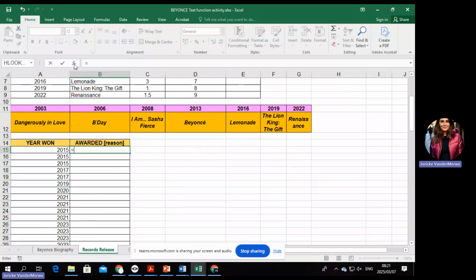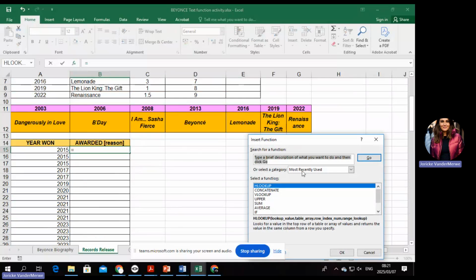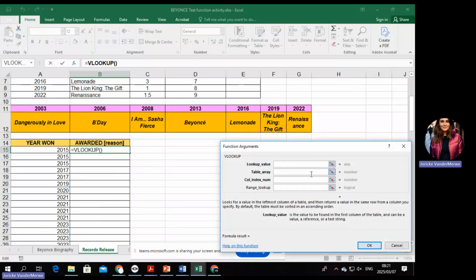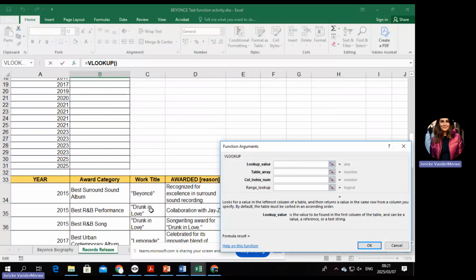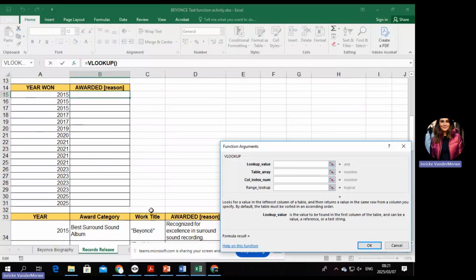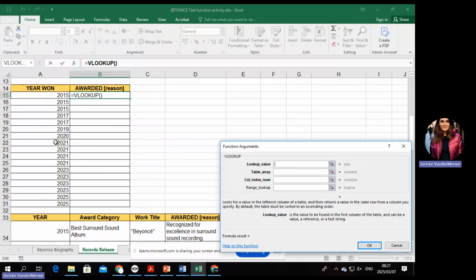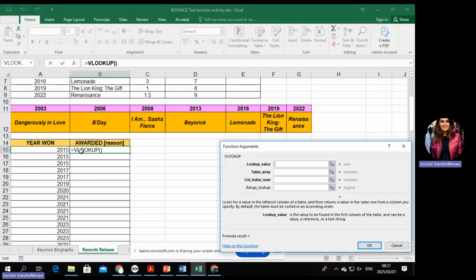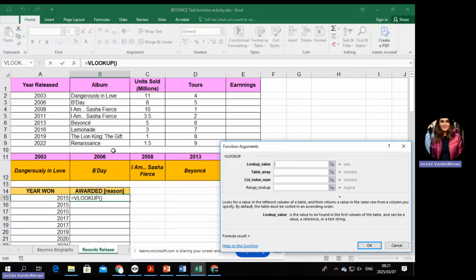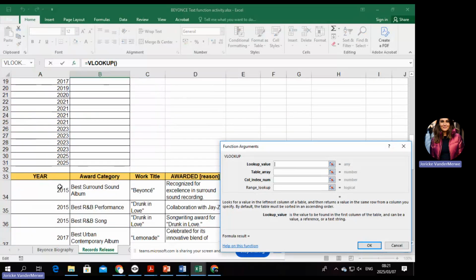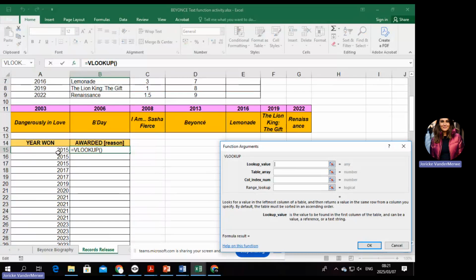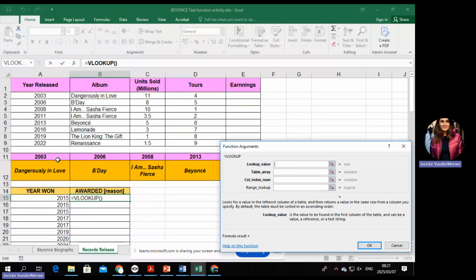Sorry, we're not going to type it, we're going to click FX. Okay, so we're going to go to VLOOKUP. What is the lookup value that we're looking for? Remember, you have to check the data that is given. The data that is given is the years. We want the award that was given, so we have to use this. We're going to look up the year.